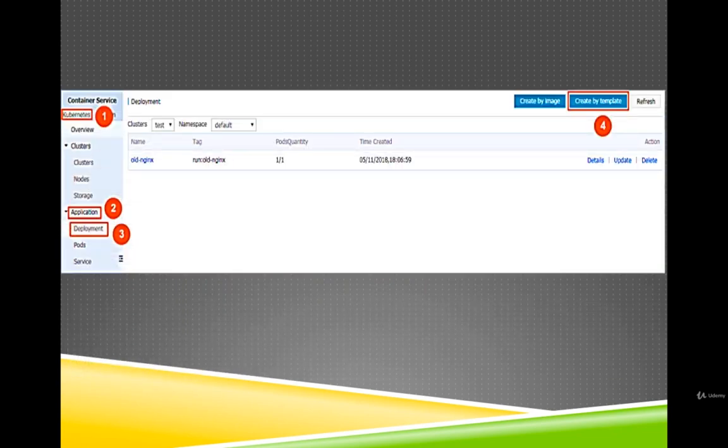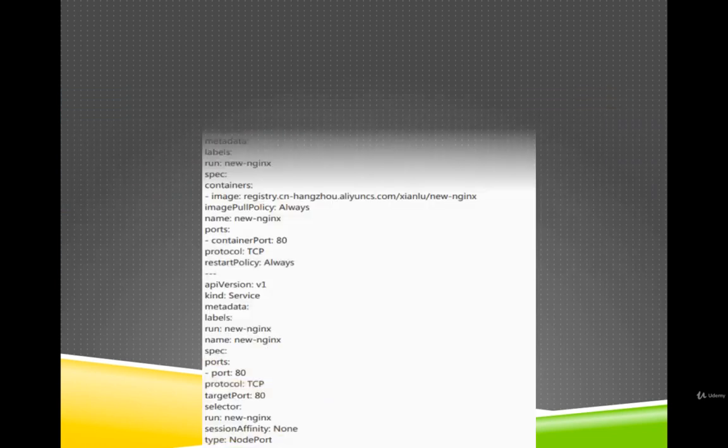Select the cluster and namespace from the drop-down list. Select a sample template or custom from the resource type drop-down list and finally click deploy. The orchestration of the new deployment and service is as you can see on the screen now.